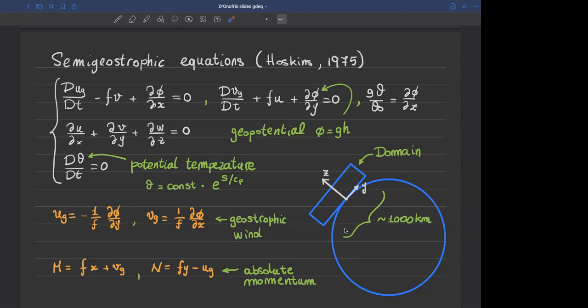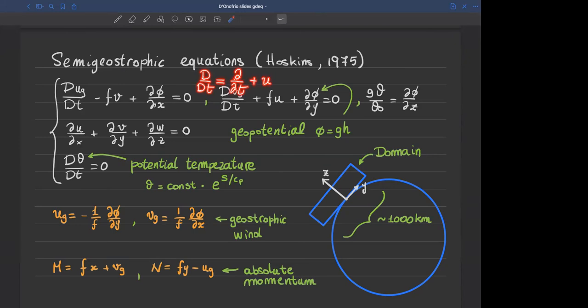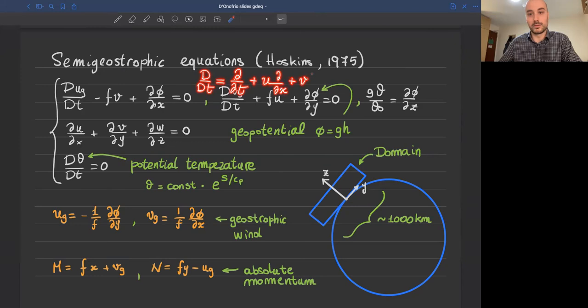What is this? Well, this, of course, is the classical advection operator, plus U, V and W. Okay, so this operator is defined through the